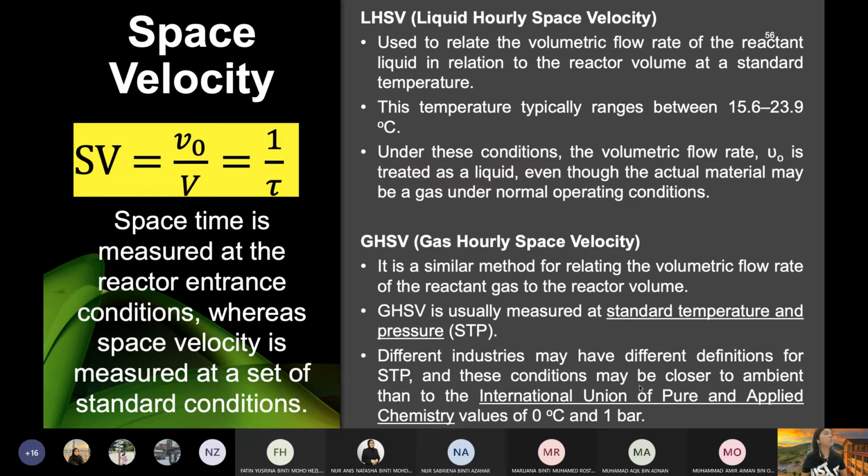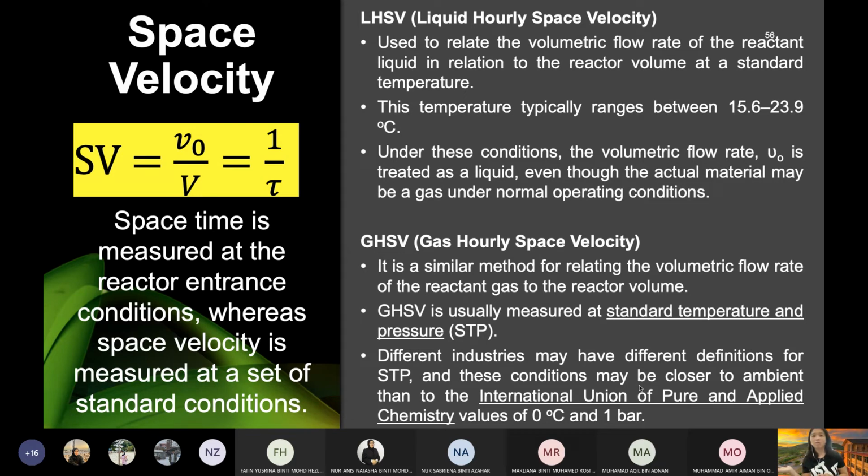Okay, now we go to last one, space velocity. Okay, so apa tu space velocity? Okay, kalau space time, kita guna tau. Space velocity, simbol dia first of all SV. Space time tau, space velocity SV. Saya faham, banyak sangat simbol kan reaction ni, got a lot of symbol. So at this moment, if you find it a lot, it's really understandable. But as you go on, probably you will see sama je benda tu kemudiannya.